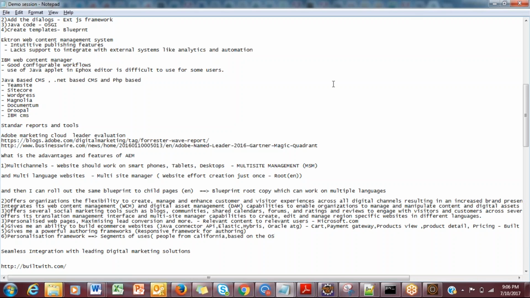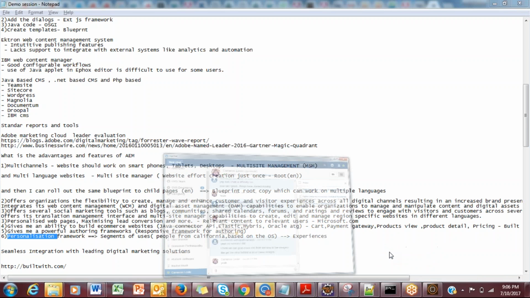So based on these particular criteria, you could go and create the segments. And once you create the segments, you could also go and create various experiences for these segments. So how is this possible? This is because AEM gives you a common interface where you could go and do these activities. So the next advantage with AEM is it gives you a strong personalization framework. Okay. Next.